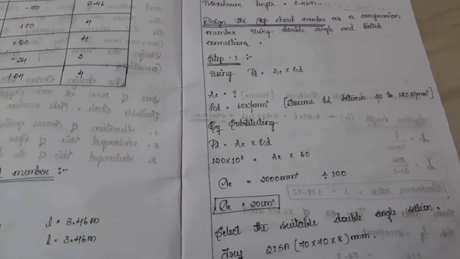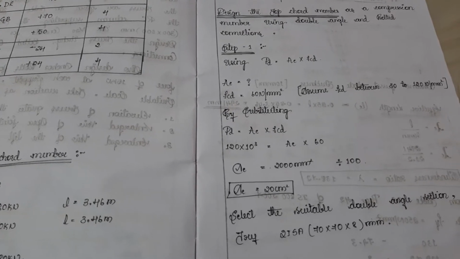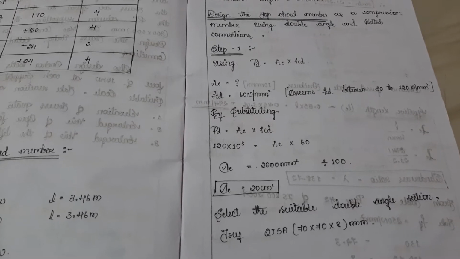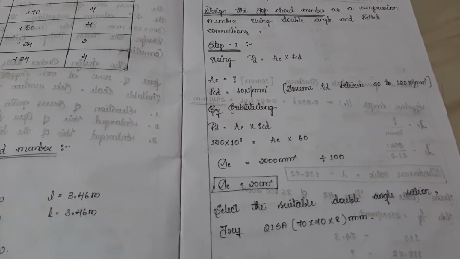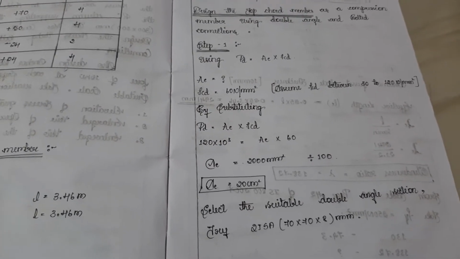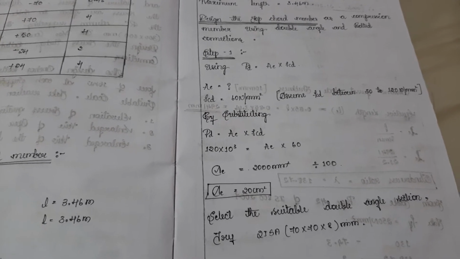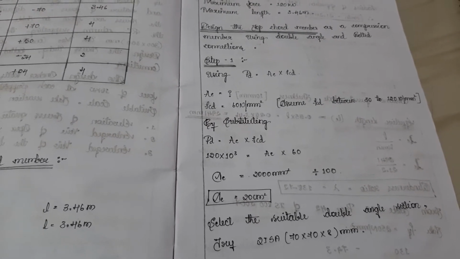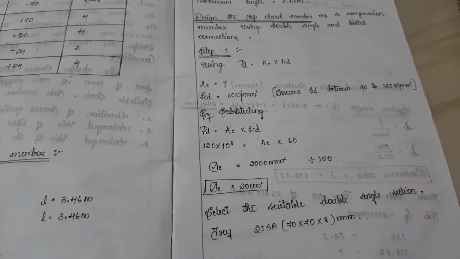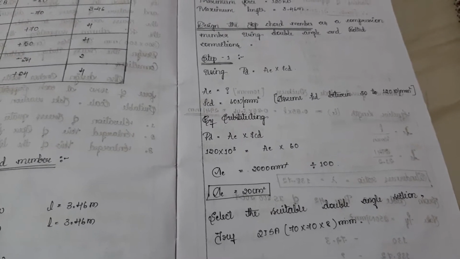So when you find your AE, you will get AE as 2000 mm square, convert that into centimeter square. With respect to this area, you need to select the angles. So how do you select your angles? By using a steel table. In this steel table, always remember that you need to select a double angle that is an equal angle, not an unequal angle. Equal is nothing but 70 by 70, that is an equal angle. In case you select 50 by 65, 50 by 70, that is all unequal angle. Okay, got it, hope you got it.